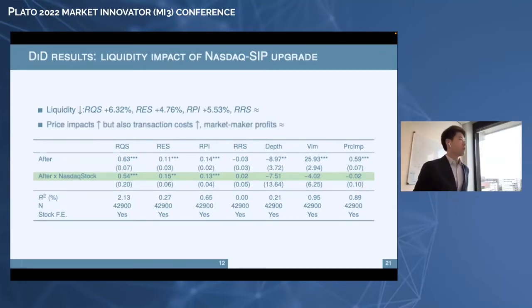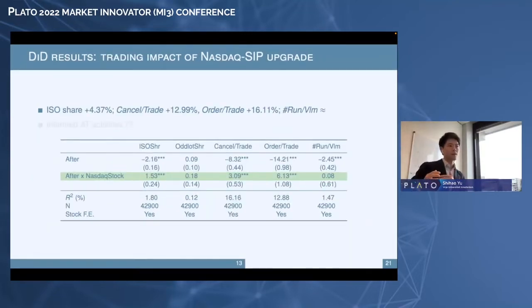One thing I wanted to mention is that although the price impact increases, we also see an increase in the transaction cost, right? If you look at the realized spread, which is a popular measure for market maker profits, it stays put. So essentially, you have more informed trading flows attracted by the last SIP upgrade, but the market makers also widen the spread to compensate for the risk. So in terms of the impact on market makers, which are dominated by the HFTs, it seems to be okay. And I want to combine the interpretation of that with the results on the trading,